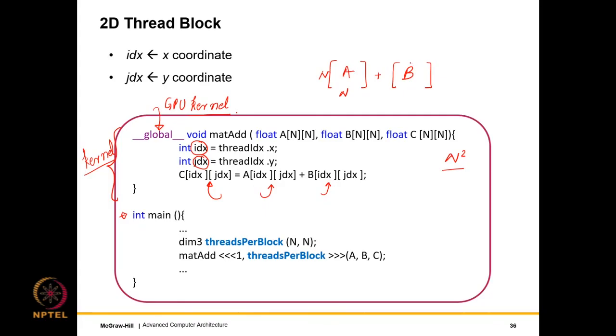Of course, you can argue that there are limits to the number of threads. In fact, there are. There is a limit to the number of threads you can have in a thread block, but n can be very large. For a large n, that's not a problem. We can take a large matrix and break it into small tiles and assign each tile to a thread. That is easy to do.